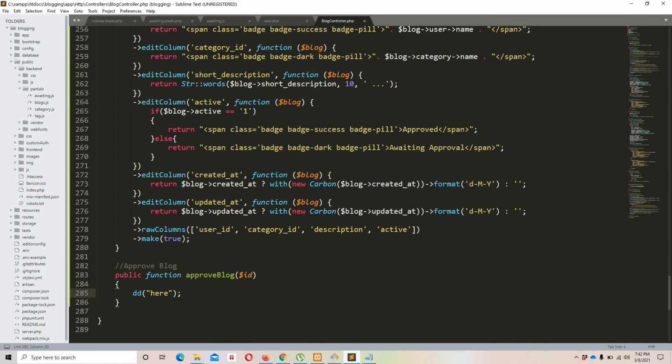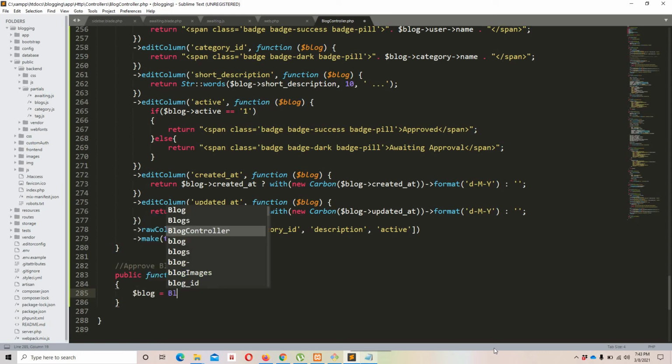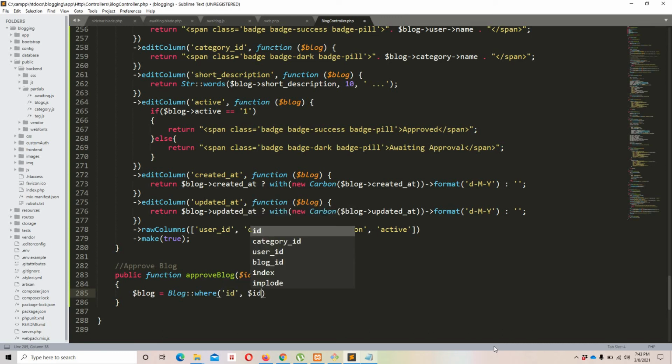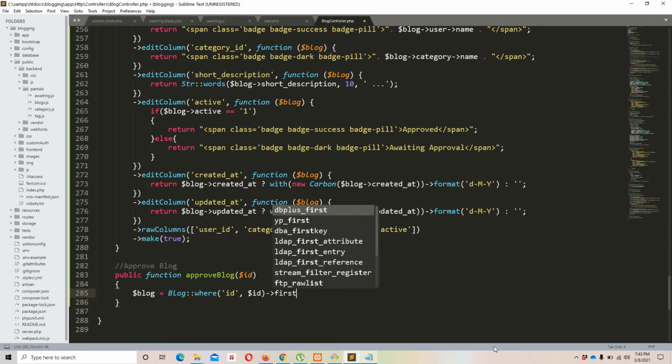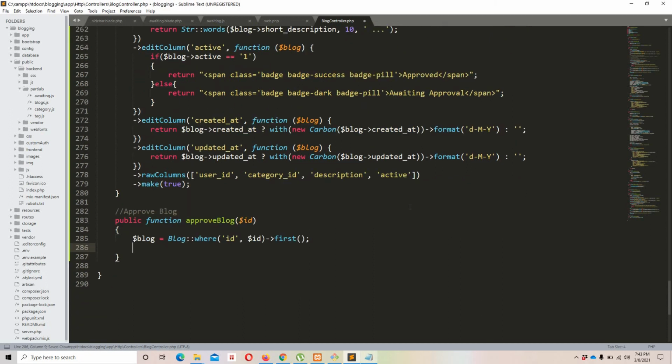Now what we need to do is find this specific blog where the ID is this, and we need to make some changes, like update this specific record. So let's do that. $blog, really simple method guys, blog where ID is $ID first. In this case we need the first record and we need only one. Okay guys, let's move forward and do a dd $blog